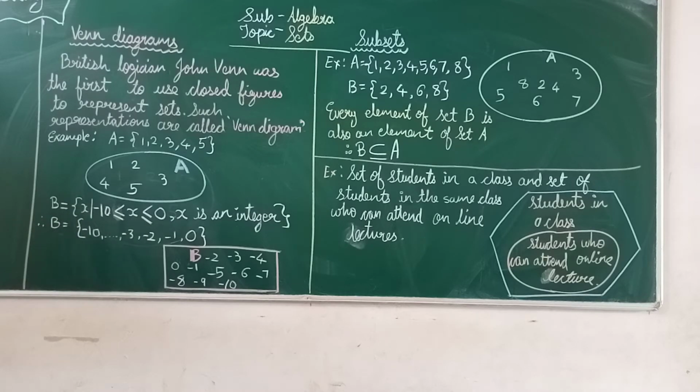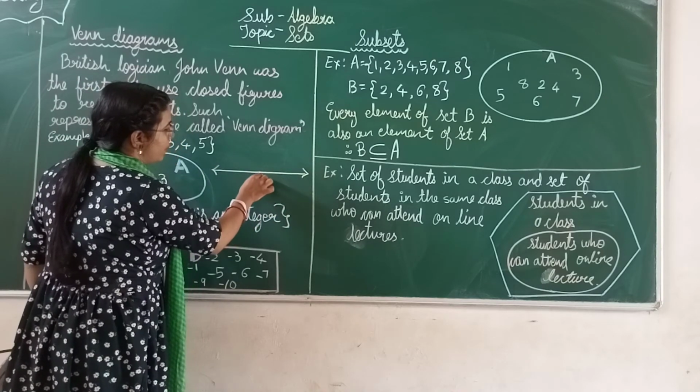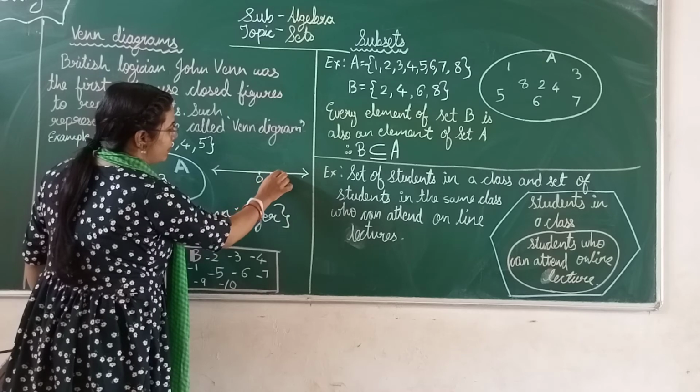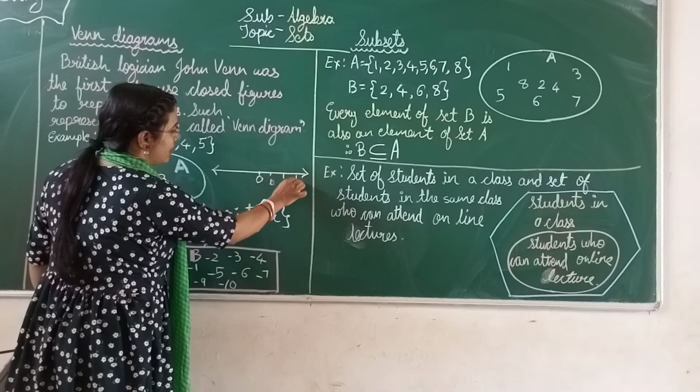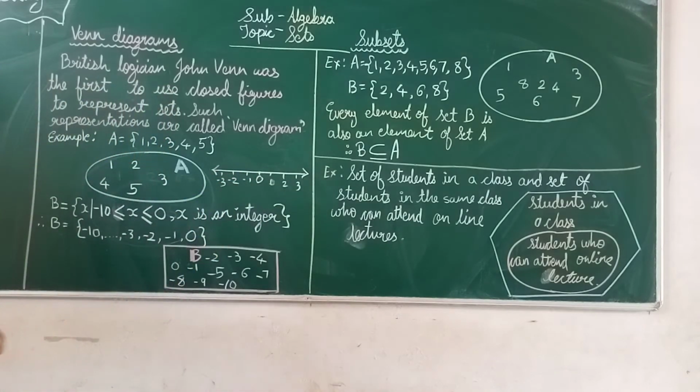Now I know that you all might be thinking why these negative numbers are always presented in this way. We know that whenever we draw a number line, we always have 0 at the center, positive numbers to the right side and negative numbers to the left side. So while writing the set of negative numbers, this number line is always considered, and that's why the set of integers or the set of negative numbers is written like this.